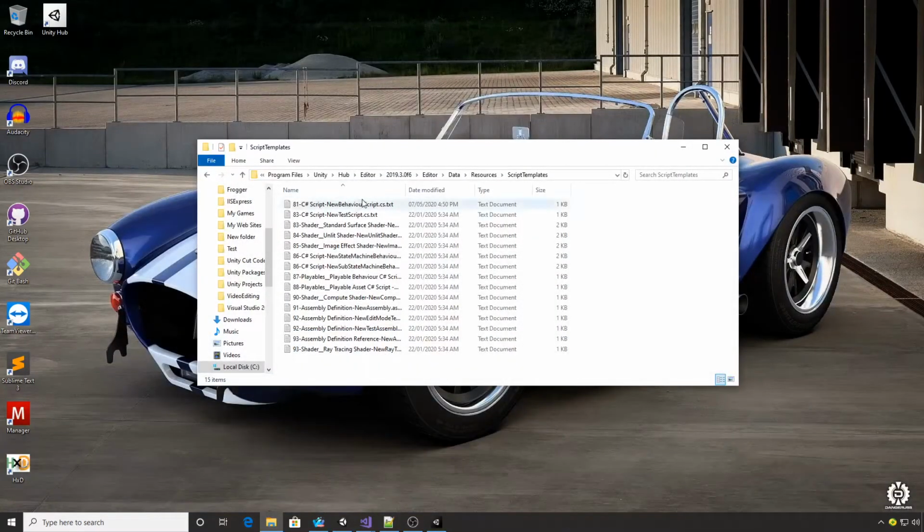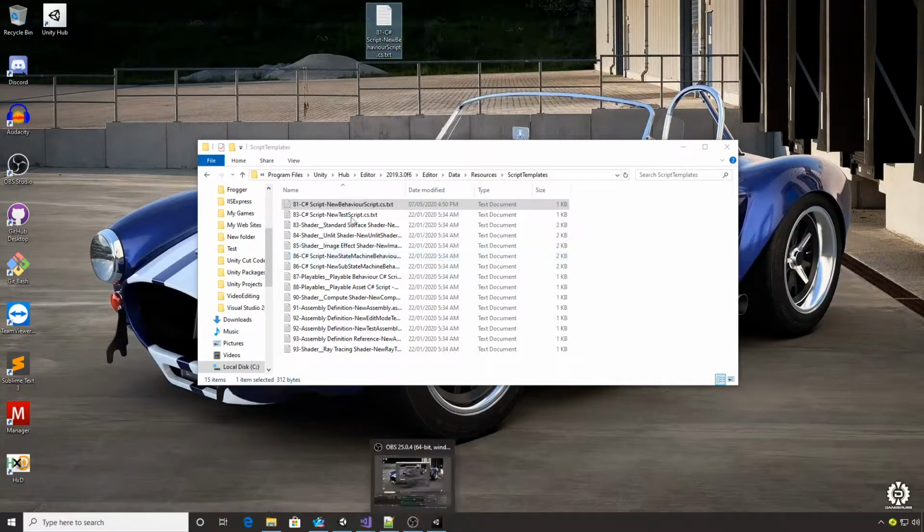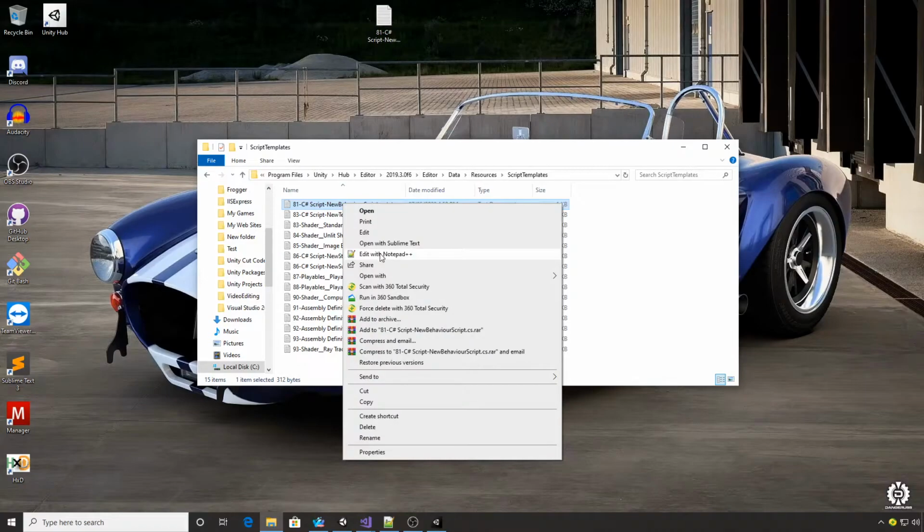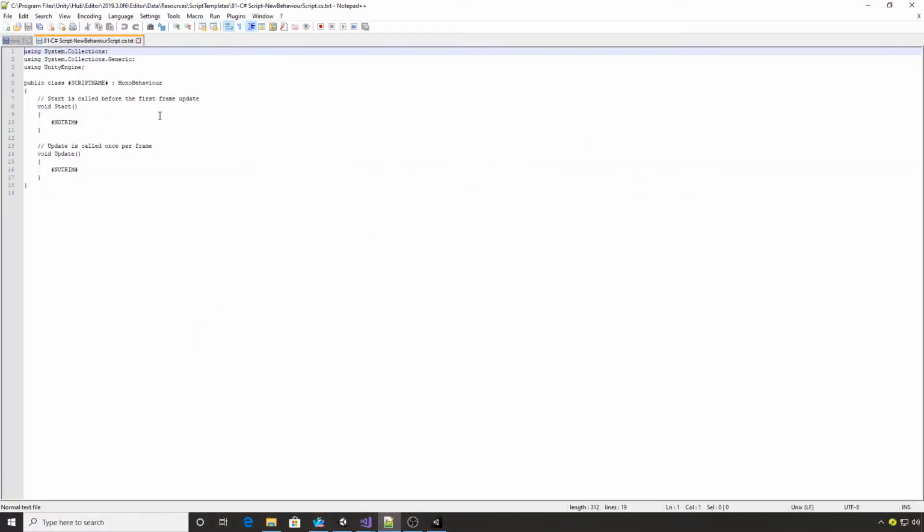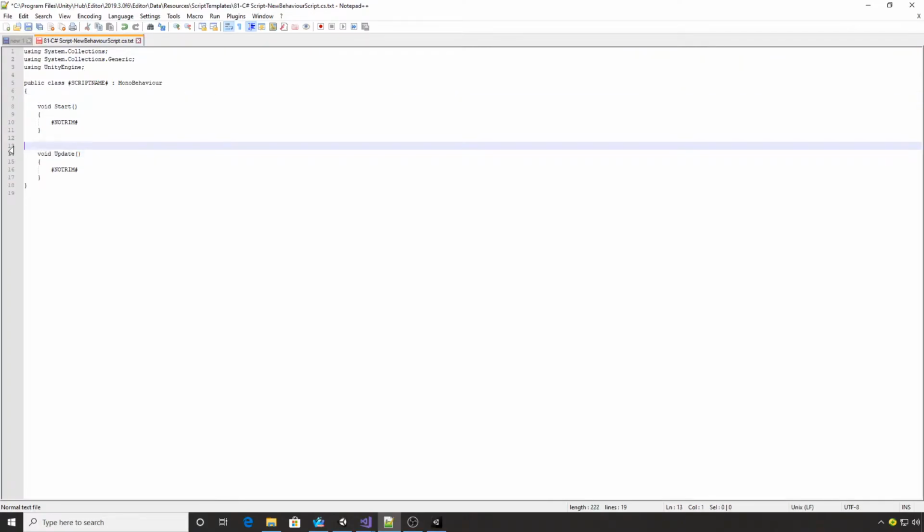I've changed the permissions on my system so I can edit this script, but what you would probably have to do is click copy, paste it onto the desktop, make any changes, drag it back in, and Windows will probably complain about administrator privileges. Just click yes and it should overwrite it. So if we actually have a look at this script, as you can see, here are the two offending lines. All we simply need to do to get rid of that is delete them,